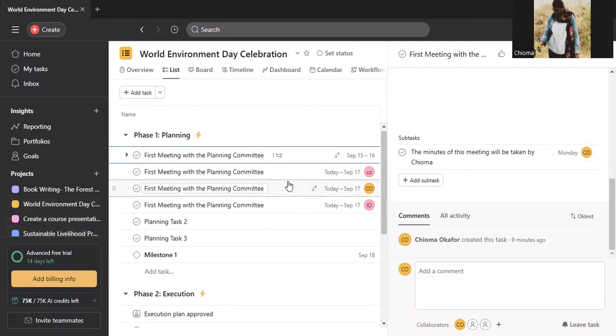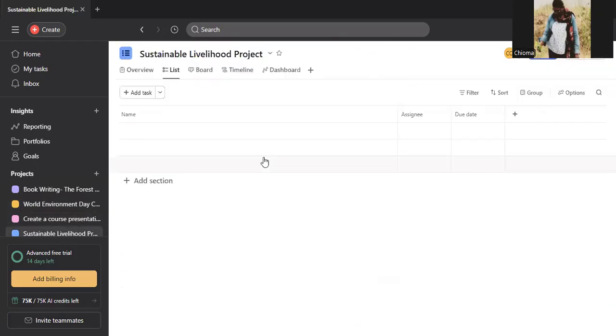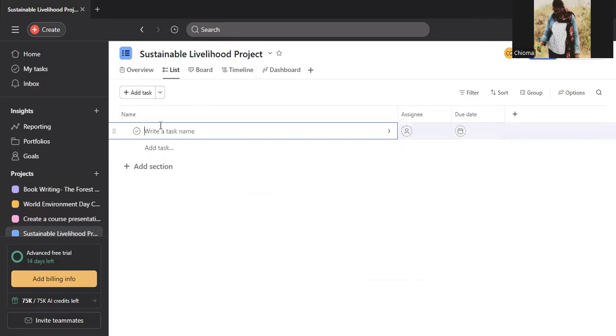Let me show you. This is for the template, the one that we opened using the project management template. So let's go and see the one without any template. So once you click on the blank template, this is how it looks. So now it is up to you to demarcate or cluster your activities or your tasks into different sections. Okay, so sustainable livelihood project, you can start by saying